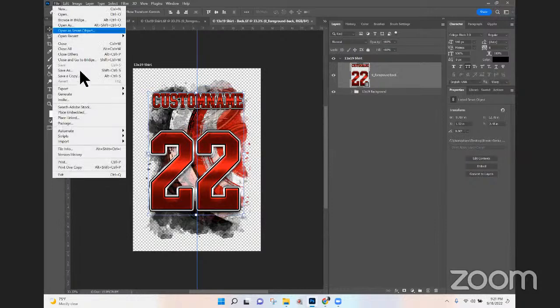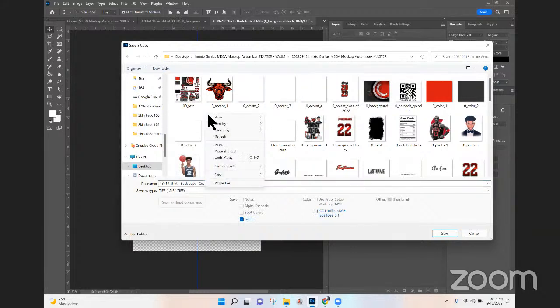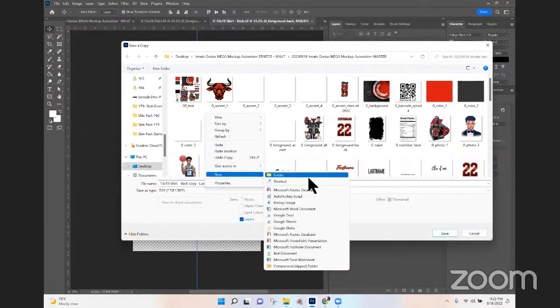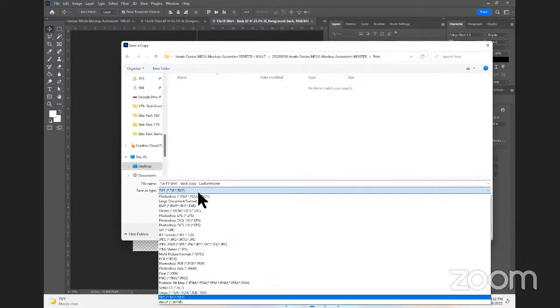So I would go to File, Save a Copy, and after this, I will put a dash and maybe put whoever's name it is, custom name. That's whose name it was, custom. So custom name was the person's name. I'm going to make a folder. Right click new folder, and I'm going to call this print. Okay, so I will save that version of it, and I'm going to save it as a JPEG, not a